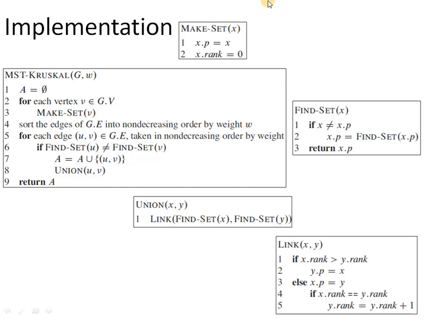And also the other assumptions are the disjoint set data structure which we are using here, it is using the heuristics of union by rank and path compression. So it is the best implementation available so far, and we are also assuming that the graph G is connected. So the total number of edges present in the graph should be greater than or equal to the total number of vertices minus 1, and we are also assuming that the total number of edges in the graph is less than the square of the total number of vertices in the graph.